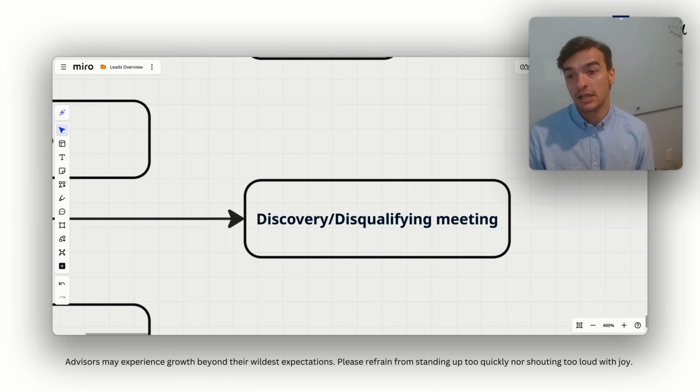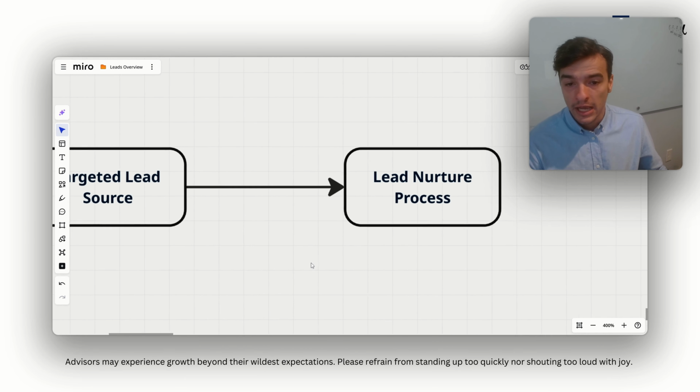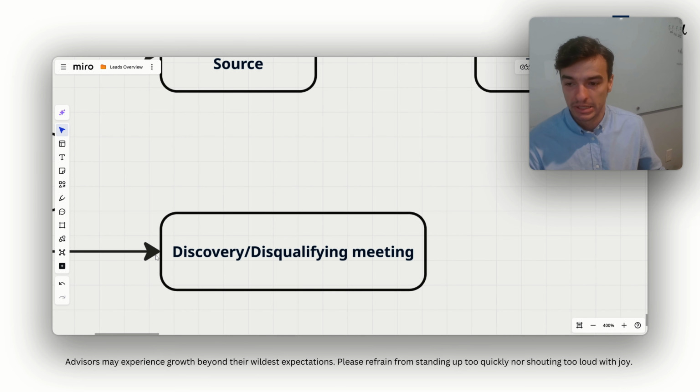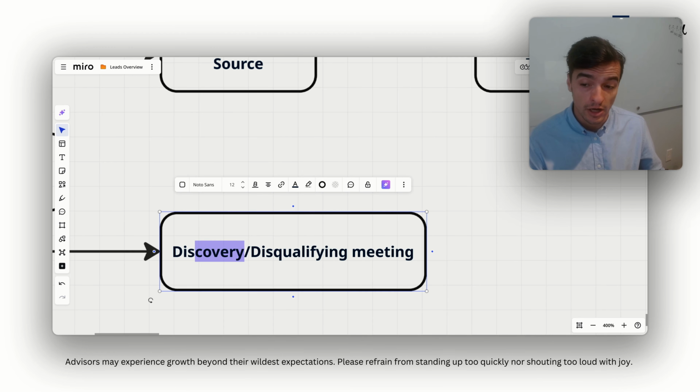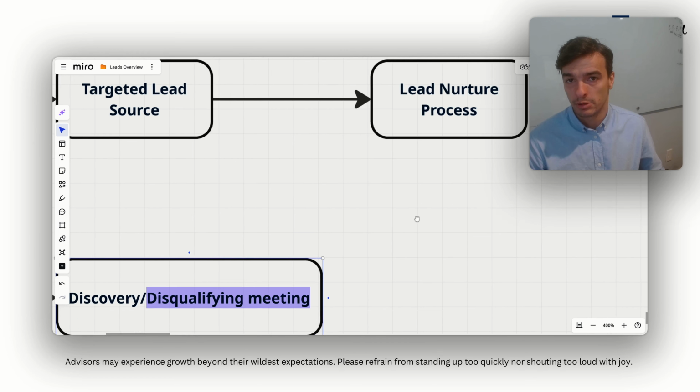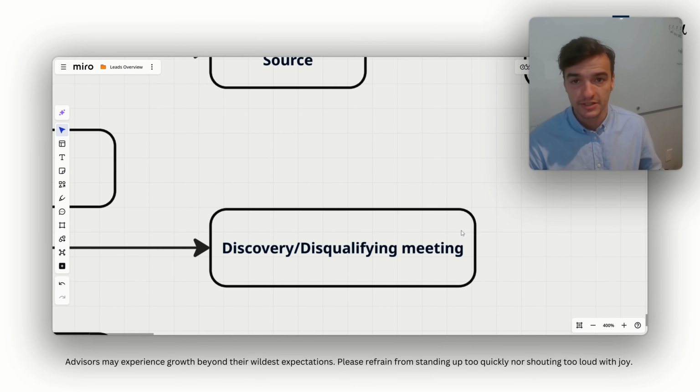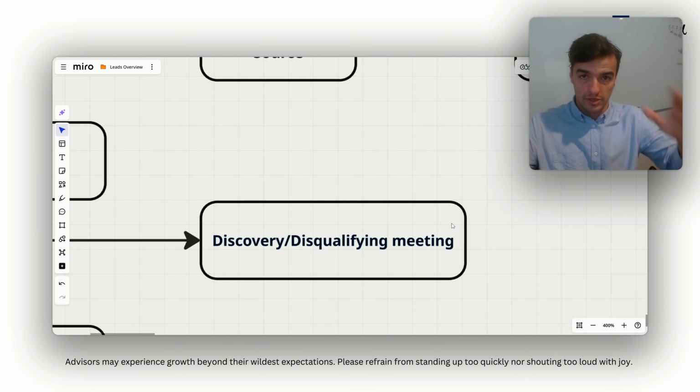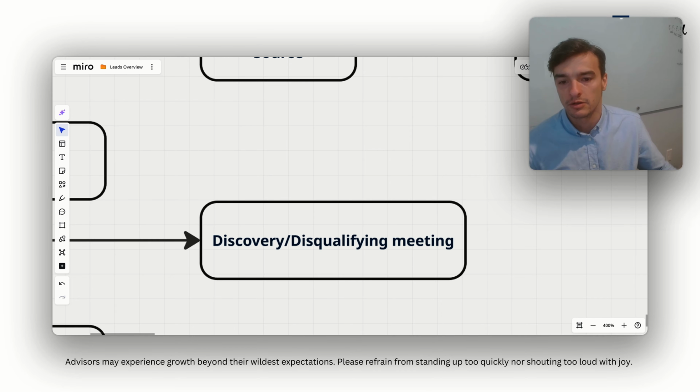Disqualifying, these are things that you can actually use in the nurture process to expedite the disqualifying process so that you're not talking to people who are not qualified in a discovery meeting. So we really like using the disqualifying in the nurture process, but it can also be done as part of the sales process. If you think about leads coming in, when leads come in, that's when you can start to look at: are these people qualified? Are they not qualified? Are they showing up to sales calls? Are they not showing up to sales calls?